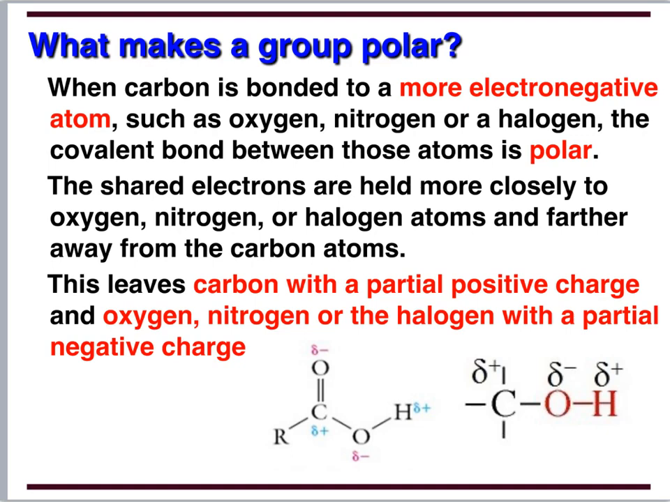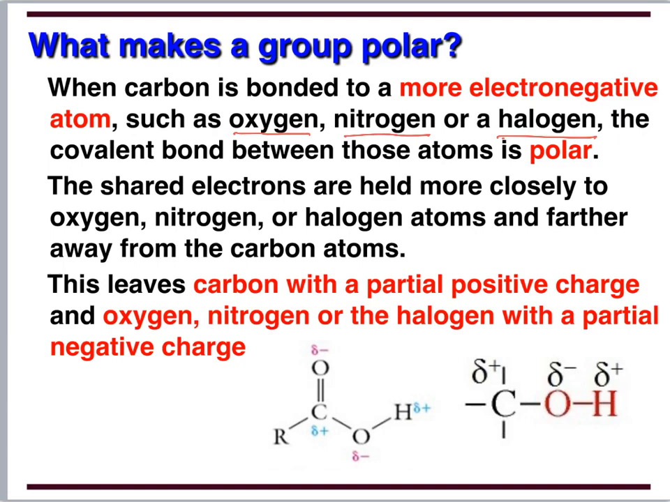And specifically for organic molecules, we are looking for oxygen, nitrogen, or any of the halogens. That's going to create a polar molecule. The shared electrons are held more closely to that more electronegative atom. They're pulling the electron density towards it, which is leaving that partial positive charge on carbon and a partial negative